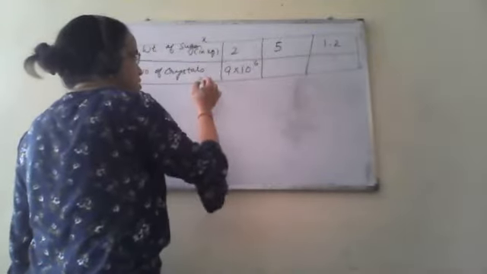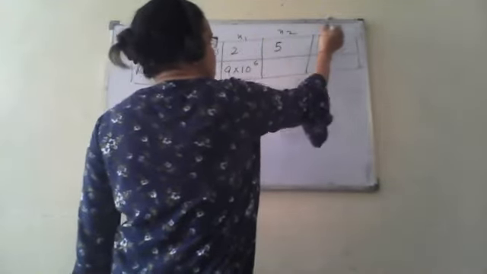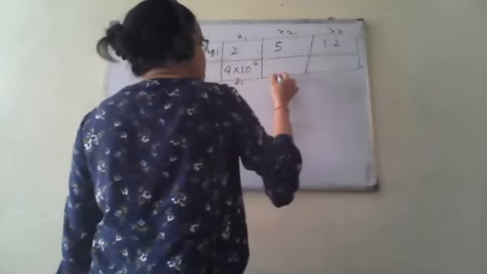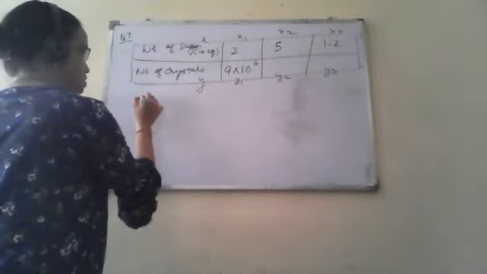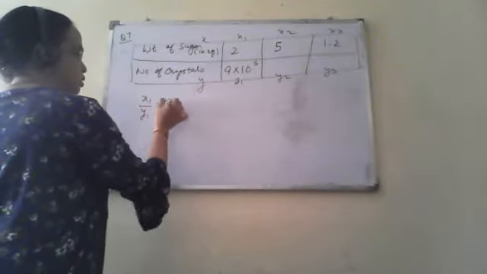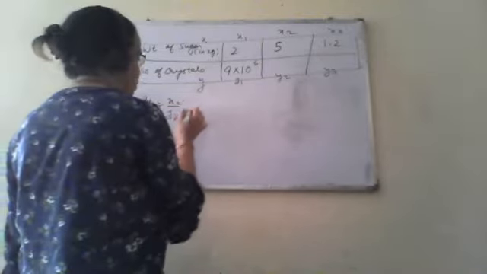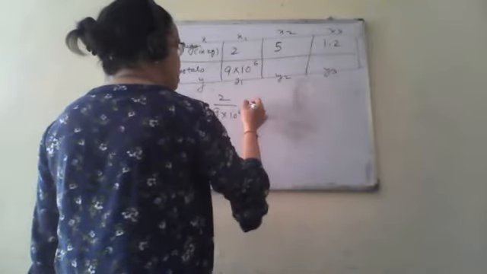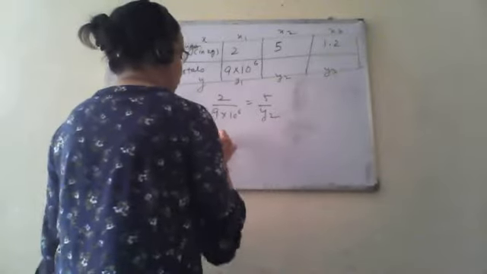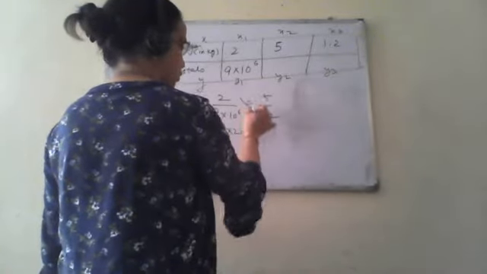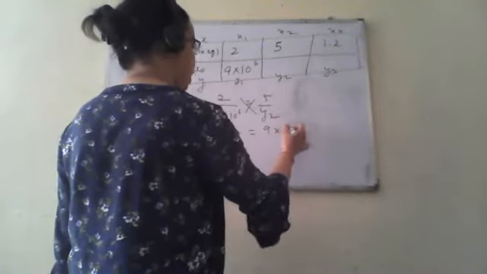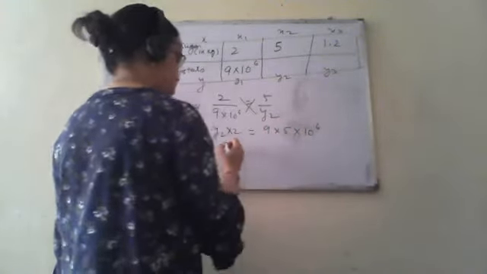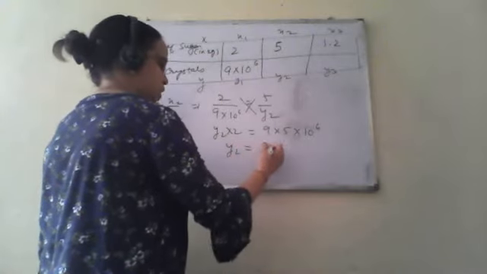So this is our x, this is y, this is x1, this is x2, this is x3, this is y1, this is y2, this is y3. Clear? Now the ratio is equal, so I have to put x1 upon y1 equals x2 upon y2. So x1 is 2 upon 9 into 10 to the power 6, that is 5 upon y2. So y2 into 2, we have to do the cross multiplication, that is 9 into 5 into 10 to the power 6, or y2 equals 9 into 5